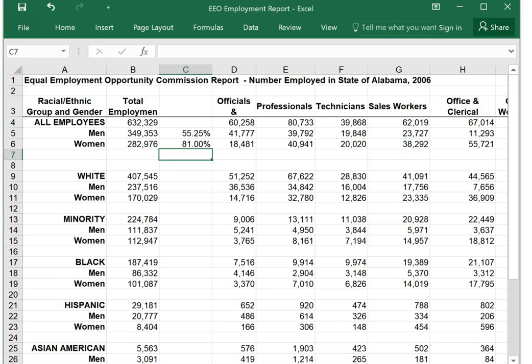Instead of using what we call these relative calculations, I'm going to undo these with Control Z, another good shortcut key to get used to using. I'm going to change my formula a little bit. What I have is in cell specifically C5, I'm calculating the number of men employed divided by the total employees,